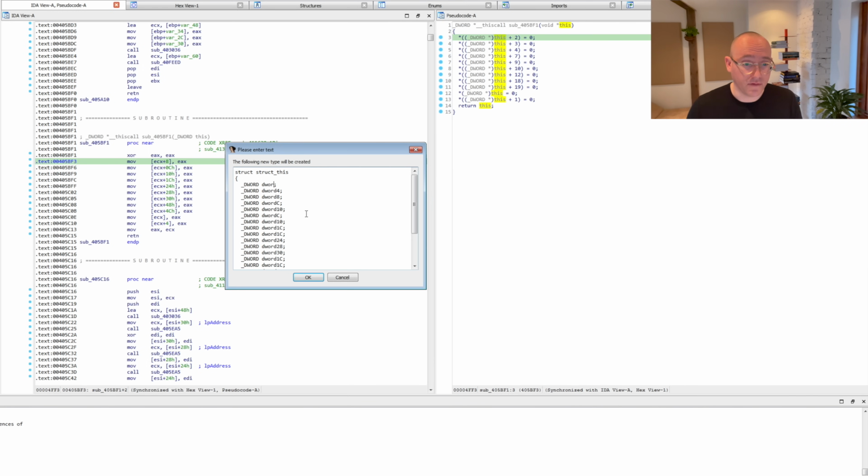So I like to have D word 1, D word 2, instead of using the offset, which is what IDA uses here. IDA uses the offset, so it'll be like 0, 4, 8, and so on. I like to use just a regular 1, 2, 3, 4, 5 labeling scheme. Actually, I'll start at 0. 0, 1, 2,